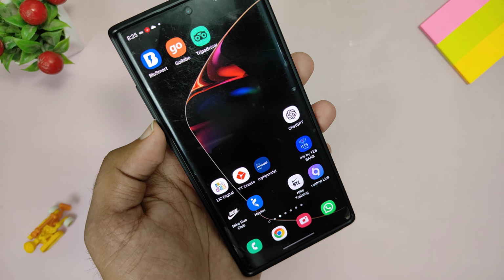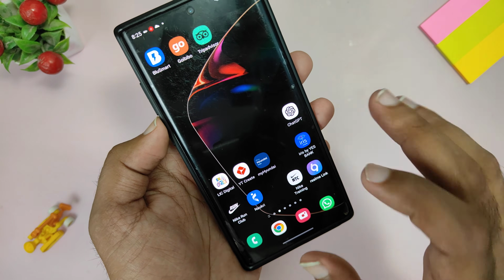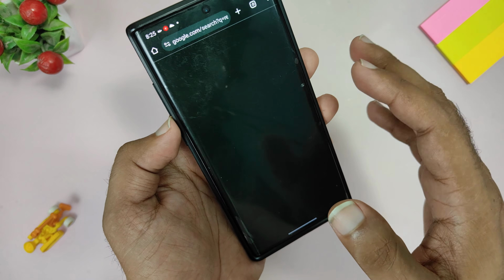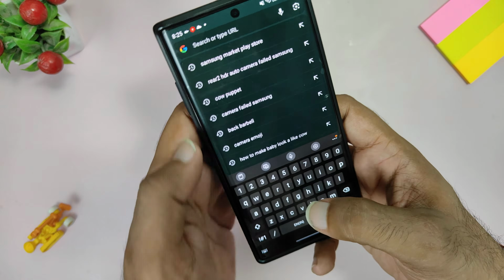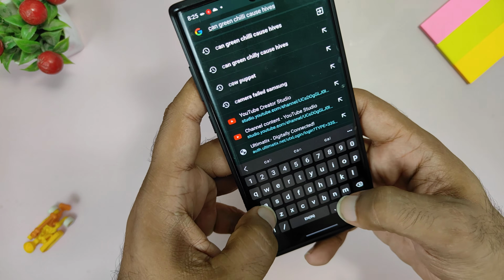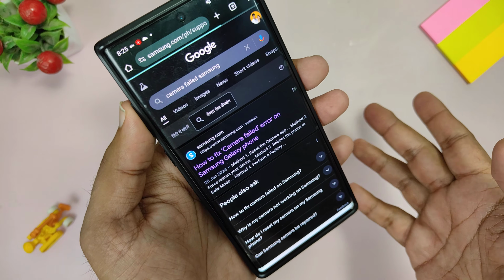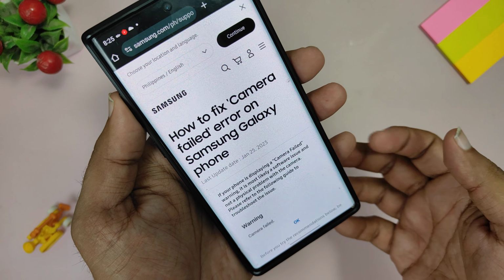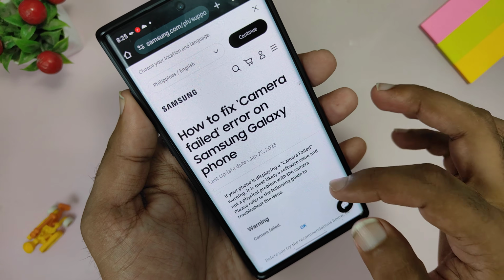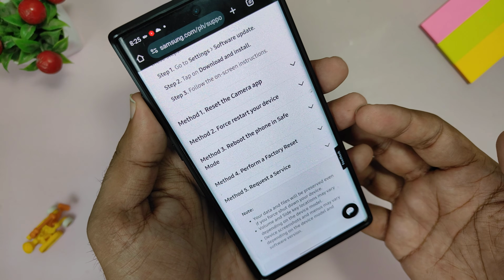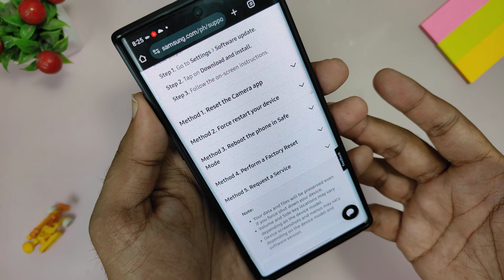Now, what helped me in this particular case, I will tell you, and there are many other ways as well. There are multiple ways. You go there and write camera warning, camera failed Samsung, and now you will get this blog. I will probably paste this blog in the description box as well, so that you can navigate to these five methods that they have suggested. Although I tried all the five methods,